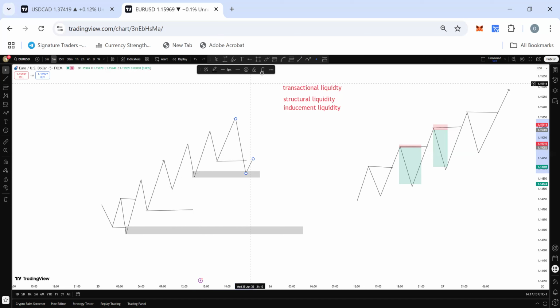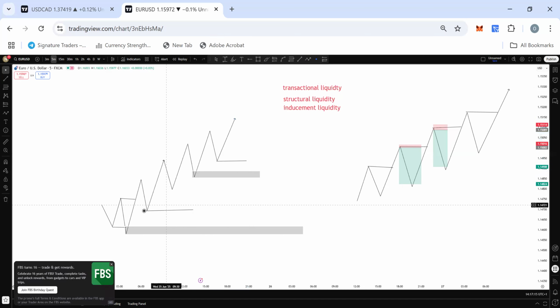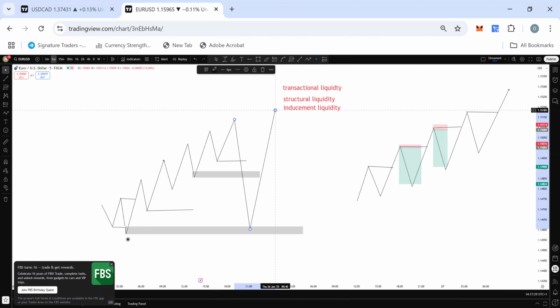I will only look for the last liquidity area, which is from here. This should be the last liquidity area for me. I will wait for price to come and take out this last liquidity like this for me to enter from this area. Now, let me explain more. The reason why price must actually take out this liquidity for me to consider this order block